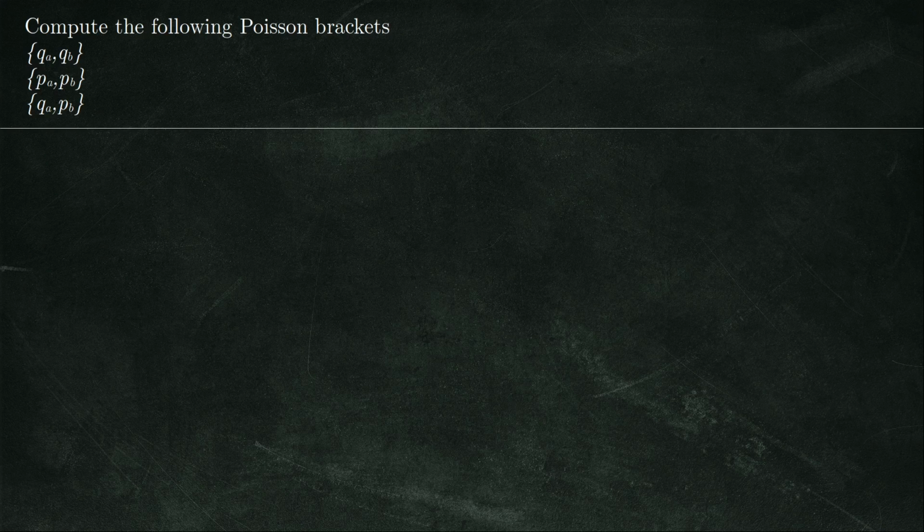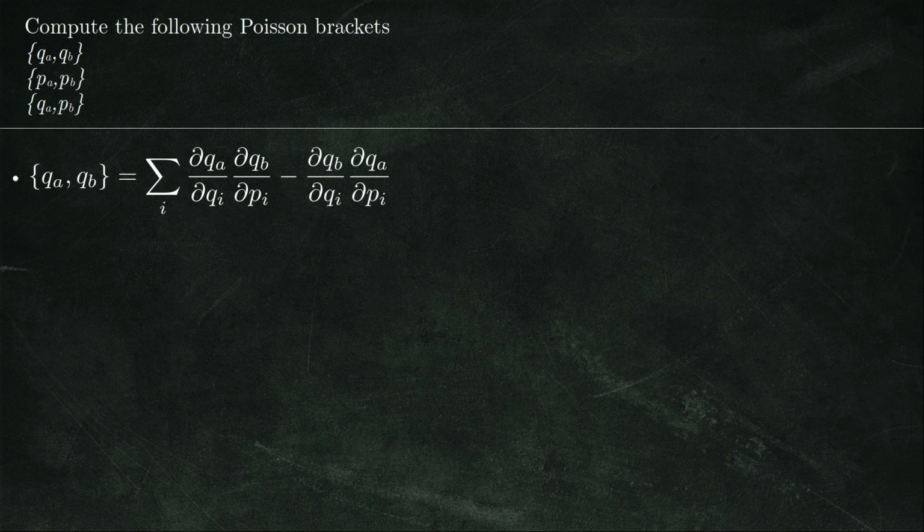Okay, for the next example, I'll do the first part, and then you can have a go at the next two parts on your own. And you may think that these look very similar, because they are very similar to the canonical commutation relations in quantum mechanics. So for the first one, we substitute in for the definition of the Poisson bracket, and we're keeping